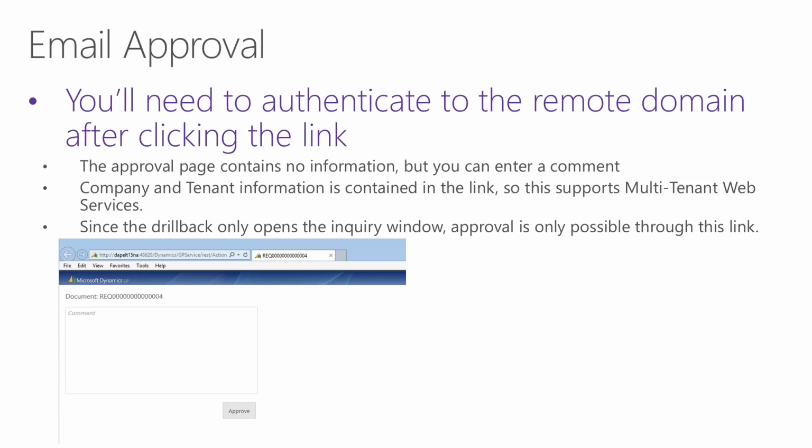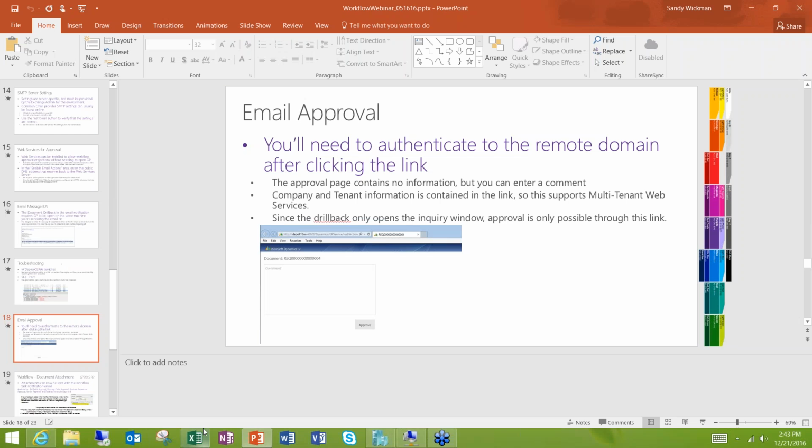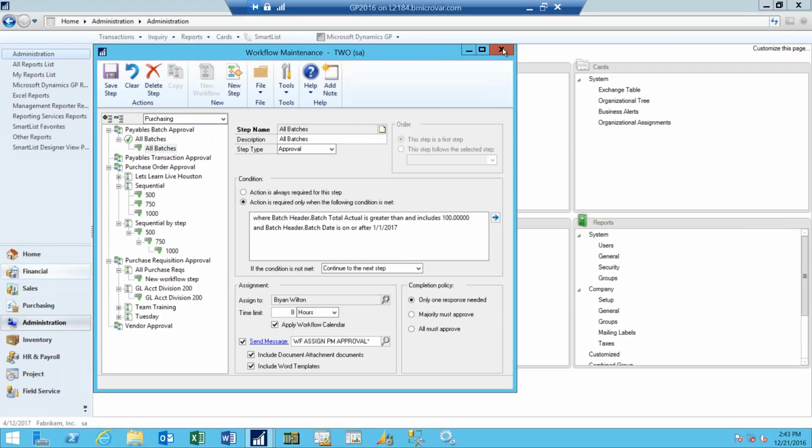So if I were approving based on an email, then this lower part of my window is where I would be able to put comments on my approval as well. So you can have communication that goes back and forth, and all of that information is saved right within the workflow. I'm going to jump back to my GP for just one more minute and show you that